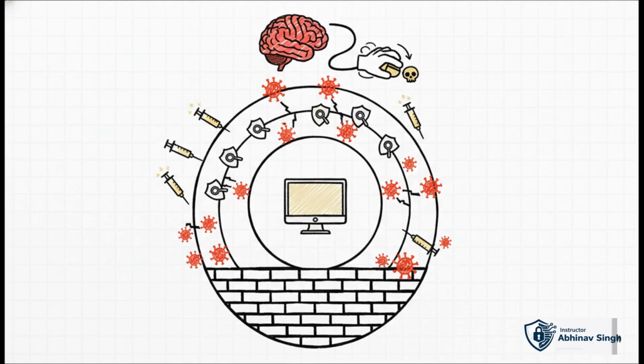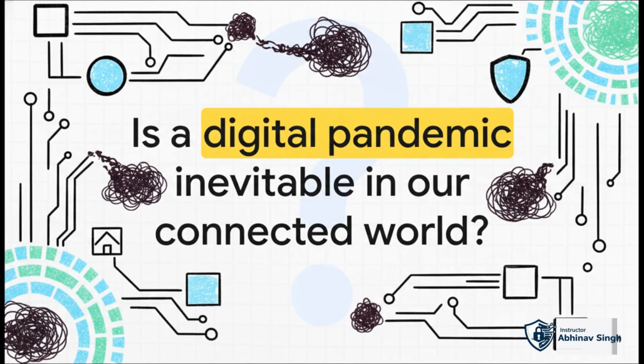But the single most important defense, the one that makes everything else work, it's your own caution. It's your brain. Just being smart about what you click is the best defense there is. Period. So I'll just leave you with this question to chew on. As we all get more and more connected, is some kind of massive digital pandemic inevitable? Or can our collective immune system, our tech and our own common sense, evolve fast enough to stop it? It's definitely something